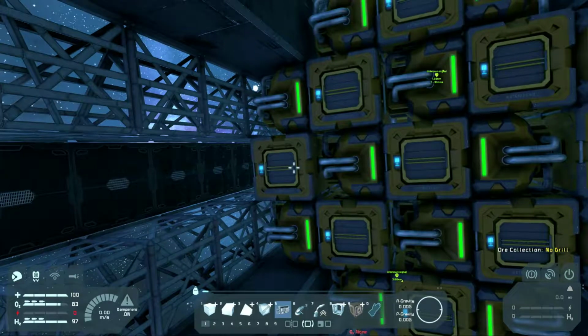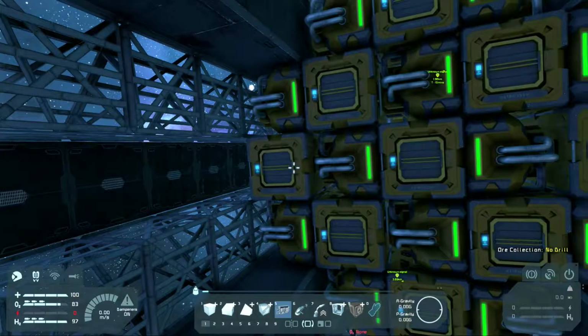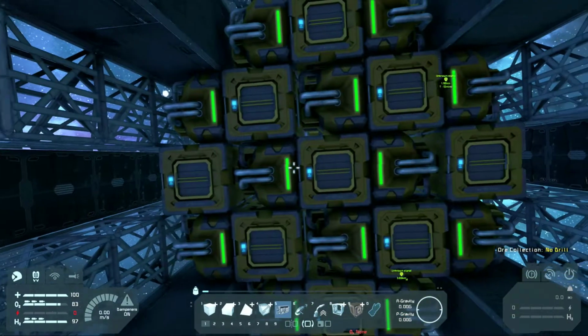Okay, so it's just one of the unfortunate things. The vanilla upgrade modules are not 2-sided. So yes, I could get a 2-sided mod and throw them in here, and that would be fine and dandy, but